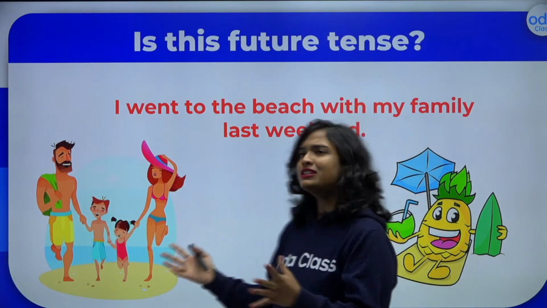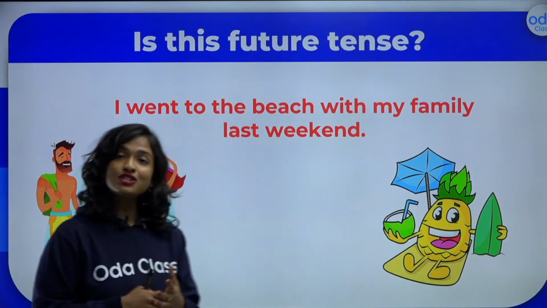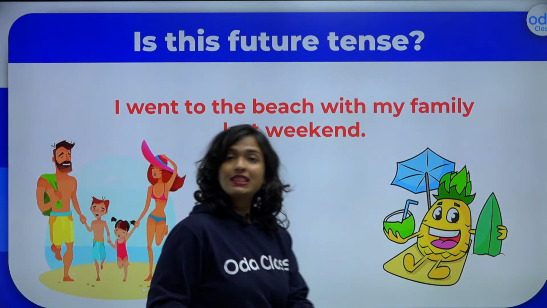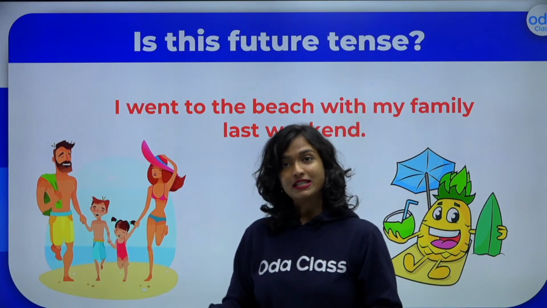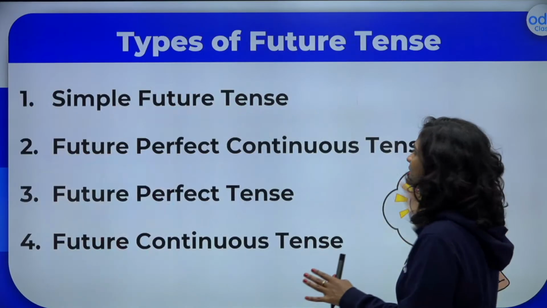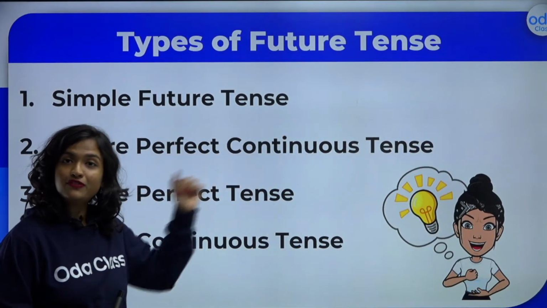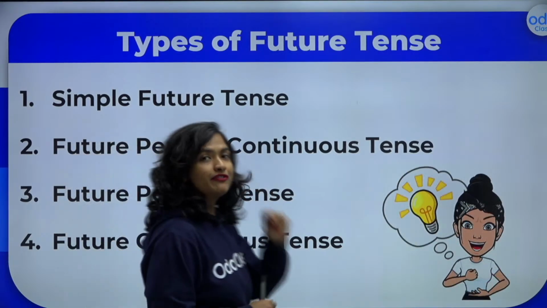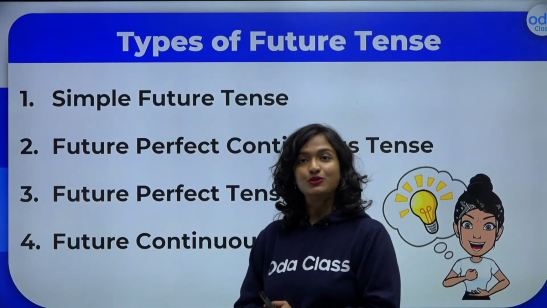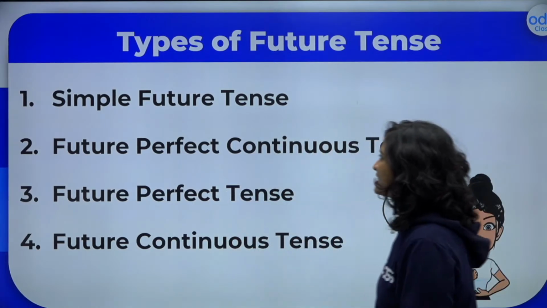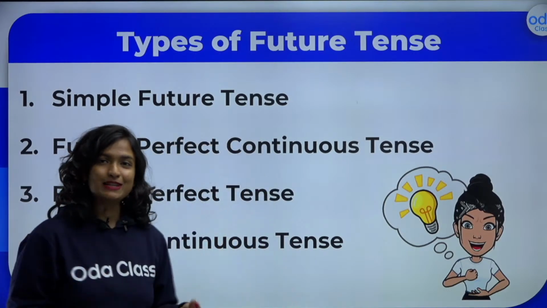Okay, so now, students, the future tense is clear to all of you. Remember that the future tense is used for actions that will happen in the future, right? Things that have not happened yet. So let's learn about the types of our future tense. Like I said, kids, we will learn about the simple future tense, the future perfect continuous, future perfect, as well as future continuous. Okay. Now, starting off, students, of course, with our simple future tense, as the name suggests, it